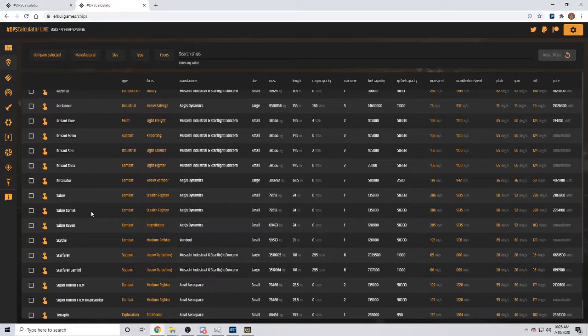The Saber and the Saber Raven are the same. It's just the paint job that is different. The Comet's, to my knowledge, a bit better. Well, according to what Erkul has them listed as, the Saber and Saber Comet...